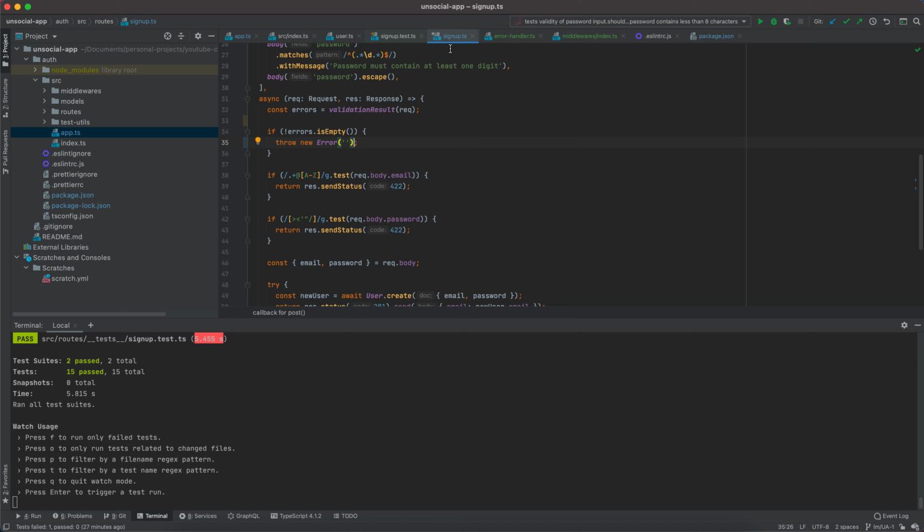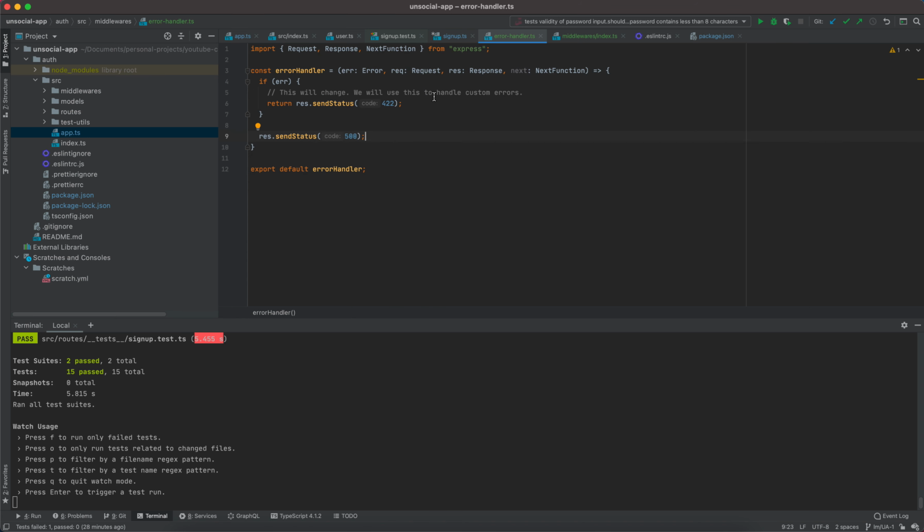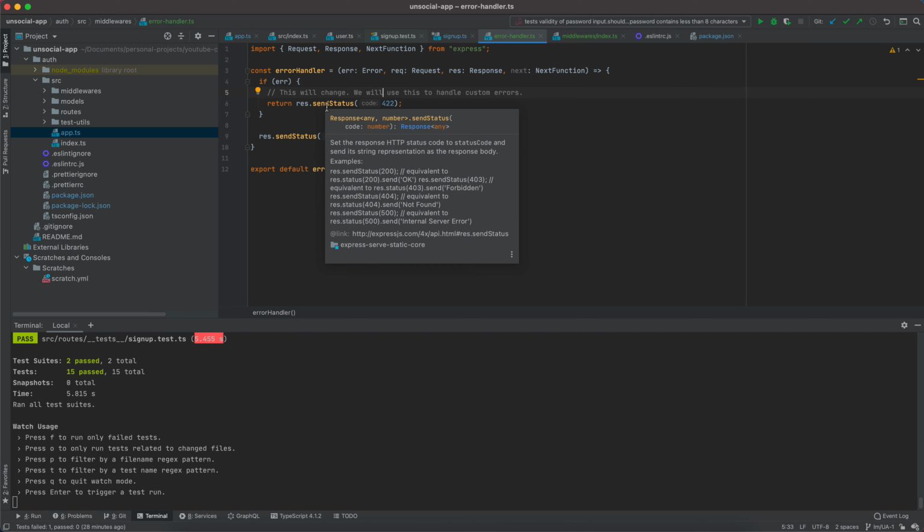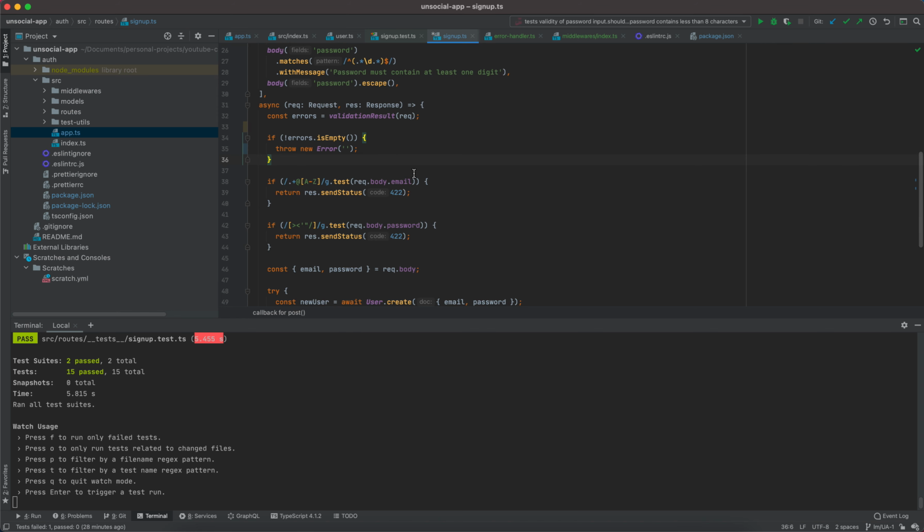And in fact, we will do it a little bit better, in that we will use classes, right? So we will create custom errors that are going to extend this base error, and that will have some inherent information or some internal information about which status code to send, which message to send, so that even the error handler doesn't need to be aware of what the specific status code is for one error or another. So I will stop this video here because I think that we did at least a bit of progress in that now we can throw new errors within our application. And in the next video, we will continue with implementing